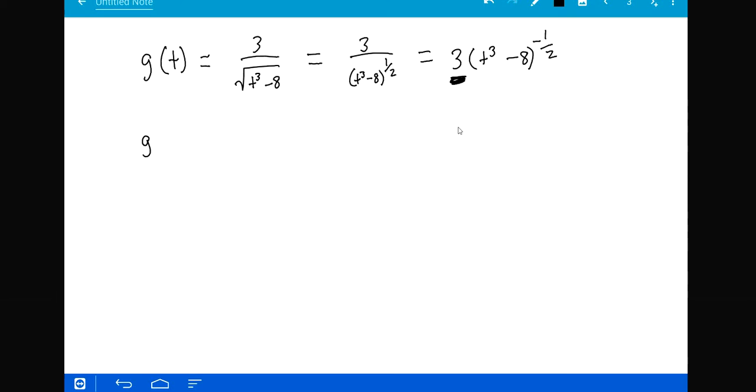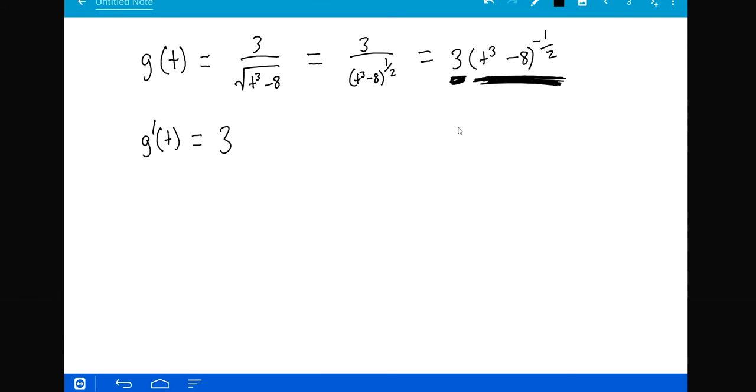For any derivative, if you have coefficients sitting out there like that, you can always just bring those down. So if I just go ahead and bring the 3 down, then really all I've got to look at is the rest of the function there, where I'd apply the general power rule. Okay, so 3 is just going to come down. That's all you're going to do with it.